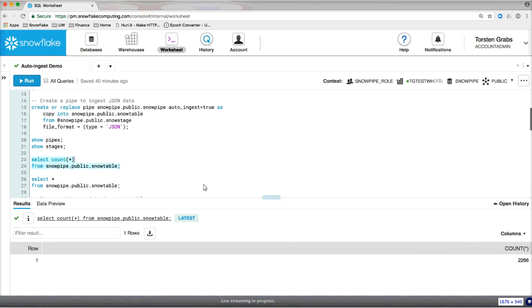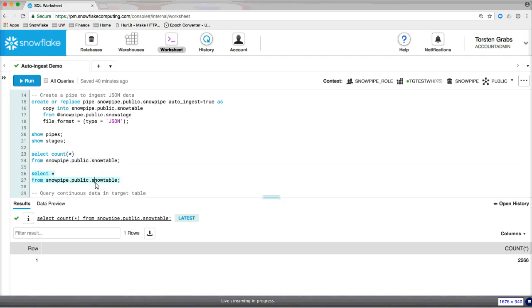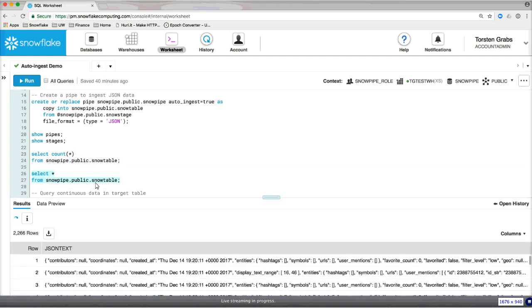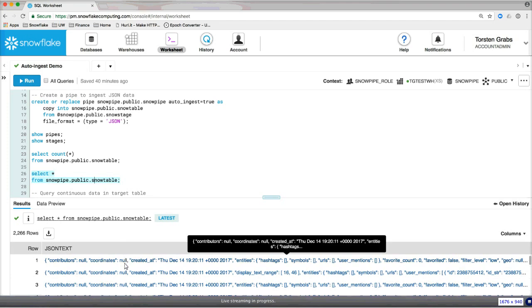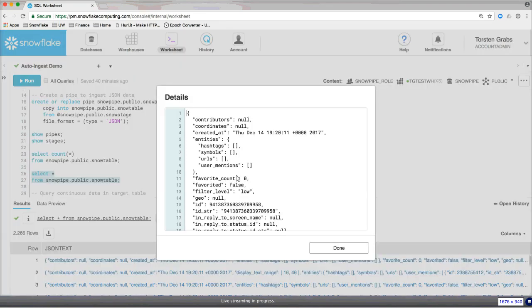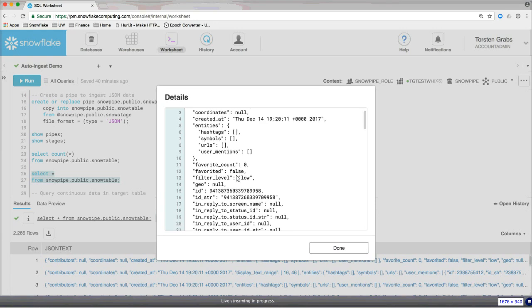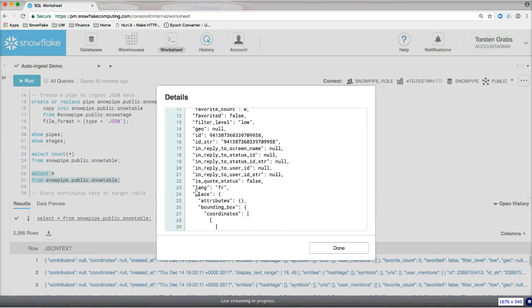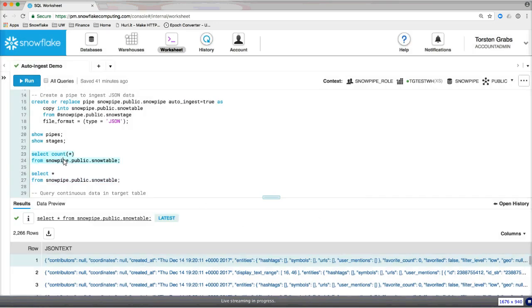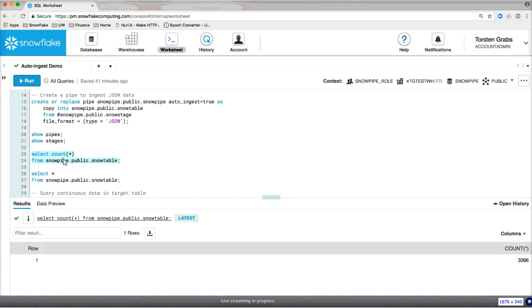And let's take a quick look at some of the tweets over here, run a quick select star statement. And you can see this is the information that we're getting from the Twitter APIs. And you can see the familiar fields. A field that I'll be using in just a minute is the language field that you see here, which encodes the language that's being used for the tweet. And let me just run the count statement again. And now you can see that we are almost 3,400 tweets already. So you can see the data is continuously flowing already into our target table through Snowpipe.